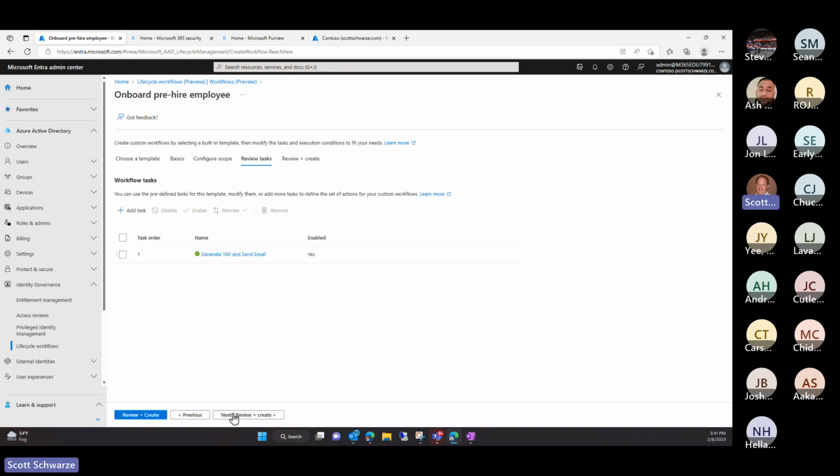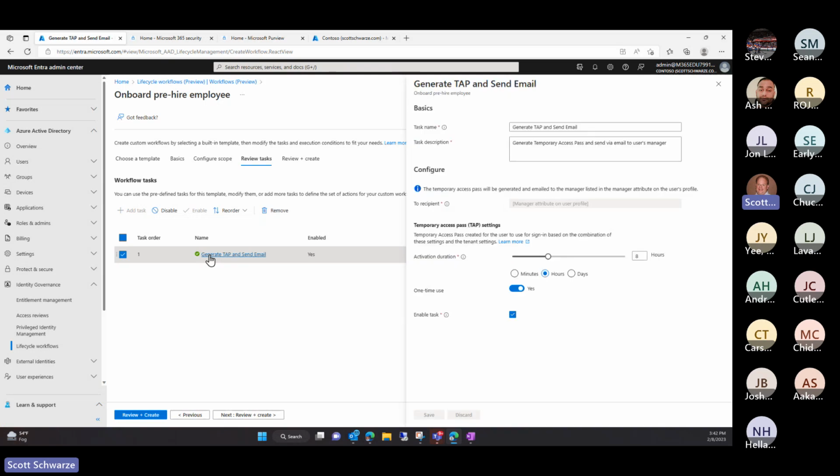So as we do this, here is a task pane, which one of them is already created. Now, this one's a little interesting because remember, this is an onboarding pre-hire employee. So they haven't been to the org yet. It could be 7 days before they're actually getting hired, right? But you're getting them set up. So one of the things you can do, and I'm going to click in this real quick so you can see this functionality,